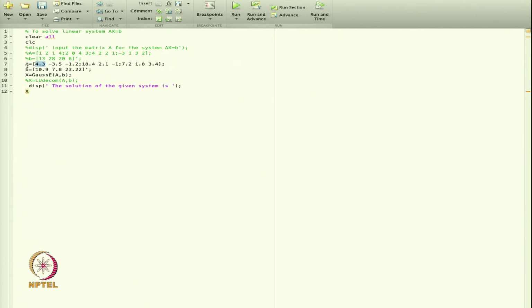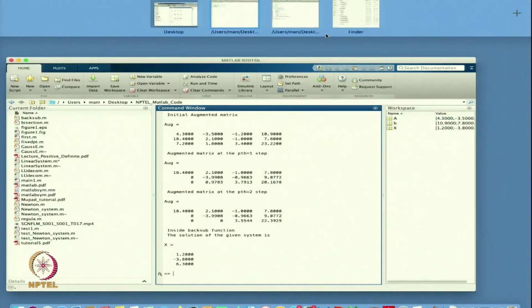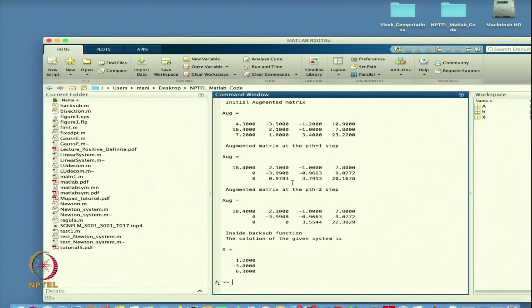So, I am taking a 3 by 3 matrix now. This is my first row, it has the values 4.3, -3.5 and -1.2. After the semicolon, whatever we write is the second row, and this is the third row, and the right hand side vector is this one. I will now run this code.